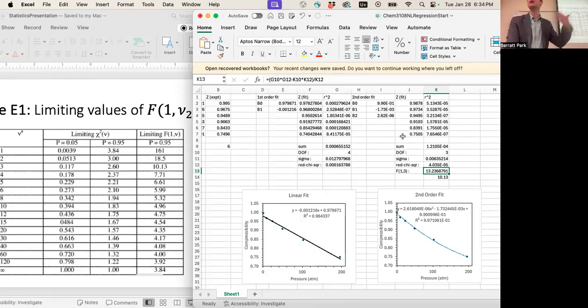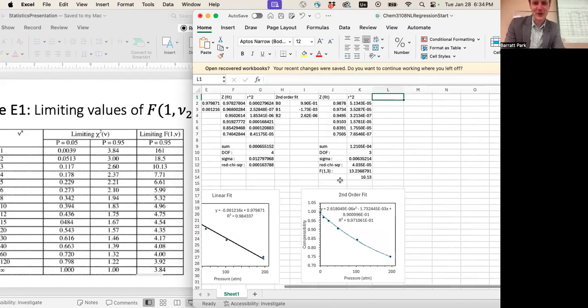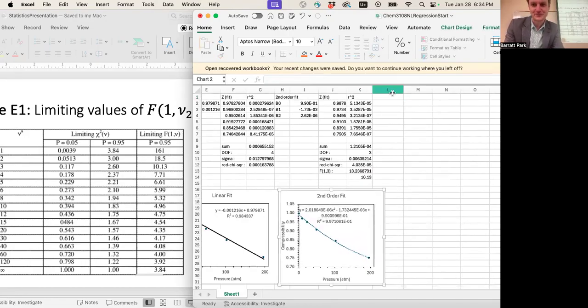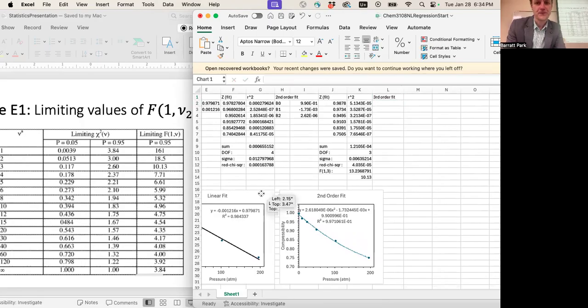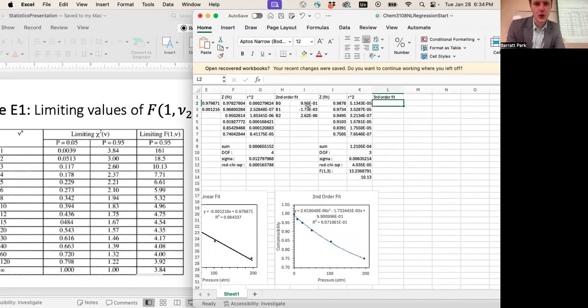Okay, but what about the B3 coefficient? Can we measure that with statistical significance from this data set? So let's try. I'm going to go over here and we'll try a third order fit. I'll say this is the third order fit. In the third order fit, I'm going to end up with a B0, B1, B2, and a B3 because I'm going to include the cubic